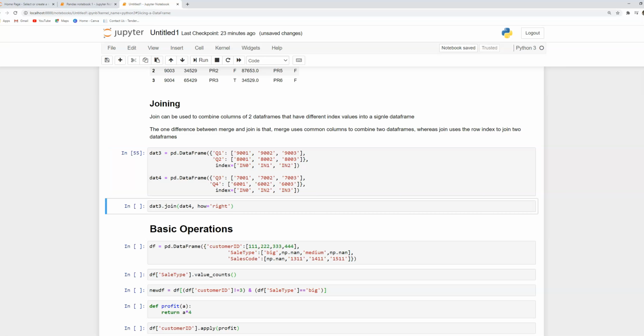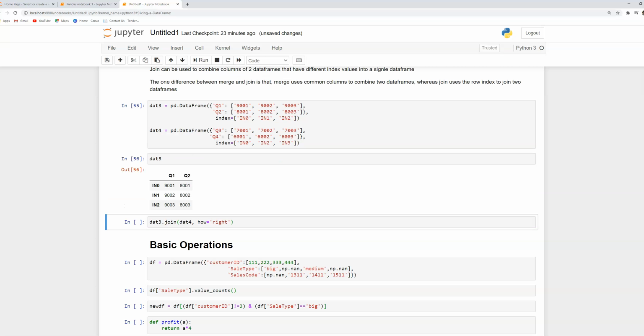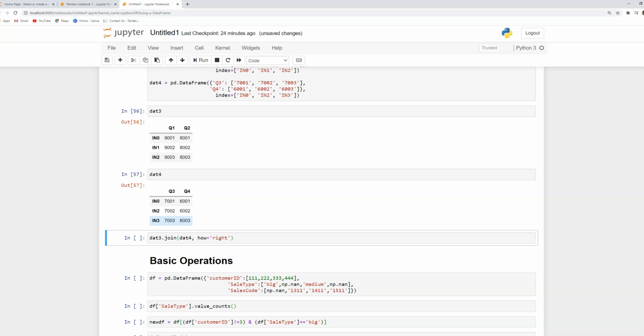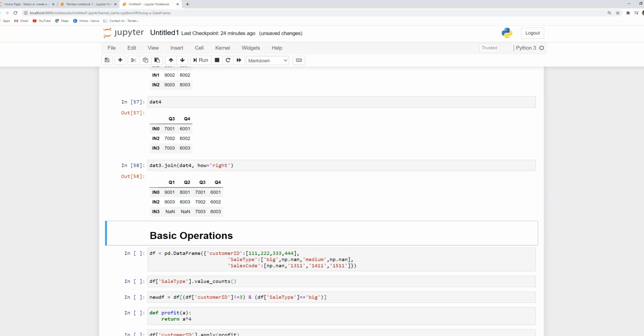So let's run and create two different data frames and see what lies in these two data frames, DAT3 and then another one, DAT4. As you can see, there are row indexes IN0, IN1, IN2, IN0, IN2, IN3. And if you want to join them on the right side, this is how it will be joined.